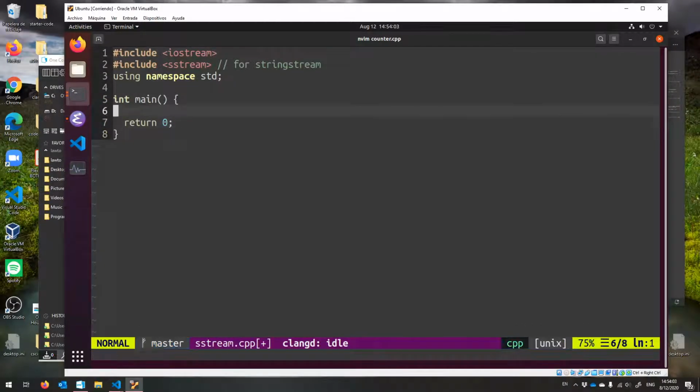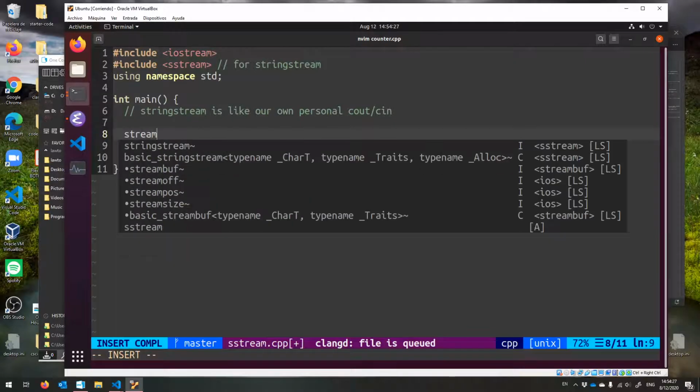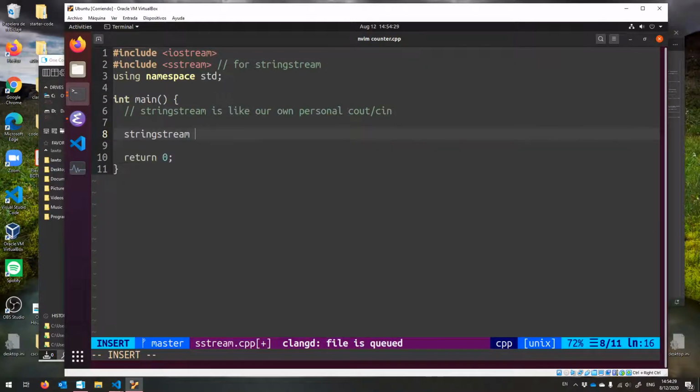Alright, so the idea is we like this SStream because it allows us to make our own little personal cout. You can put stuff inside it, you can send it data, you can retrieve data out of it, whatever you're into. String stream will work for you. So string stream,